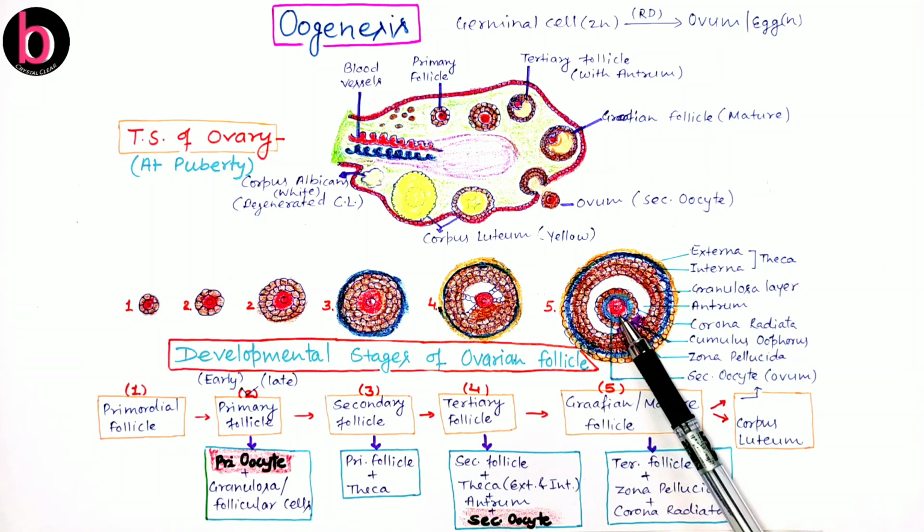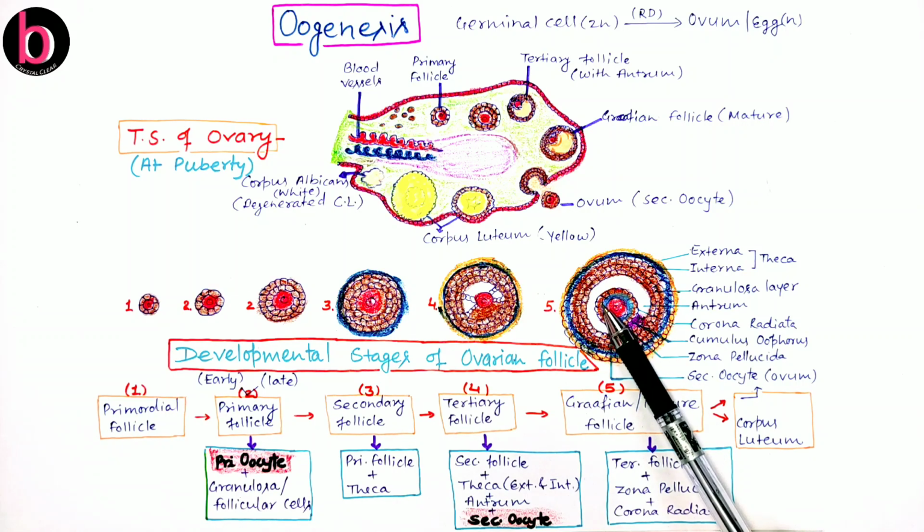So here this red portion is the secondary oocyte, and by this secondary oocyte there is secretion of a layer that is an acellular proteinaceous layer. It means there is no cell, but why? Because this is made of proteins. So this is an acellular or non-cellular proteinaceous layer secreted by the secondary oocyte, and around this there is another layer of cells that is the remains of granulosa cells.